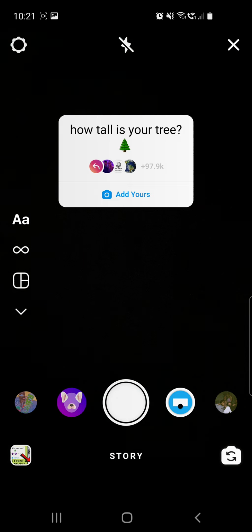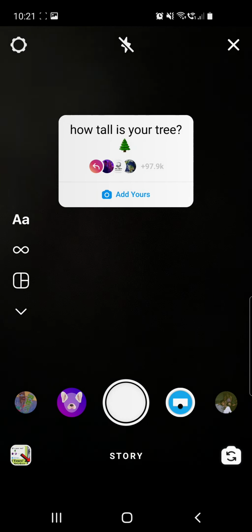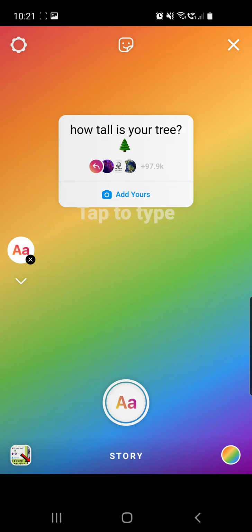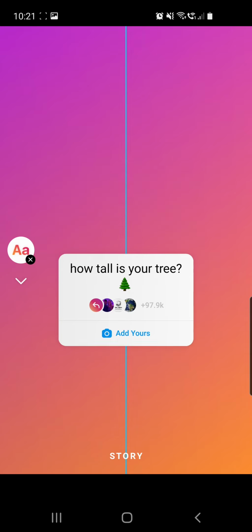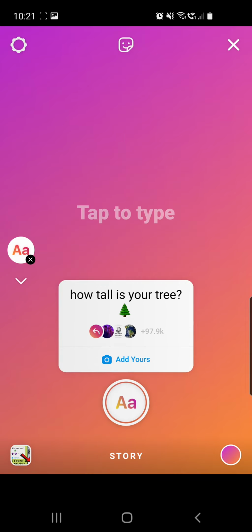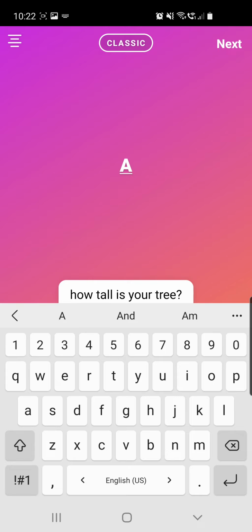So from here you can go to your upload and choose a background photo, or you can click right here and choose the style. You can place this where you want, and then you have to tap to type, and then you can type in your name just like this. My name is Alina, so here I will type